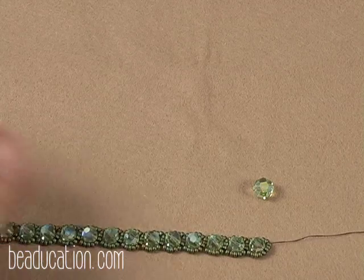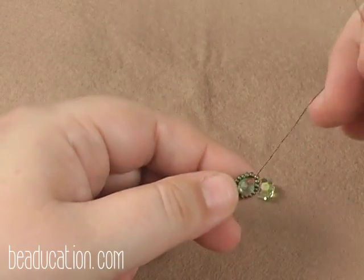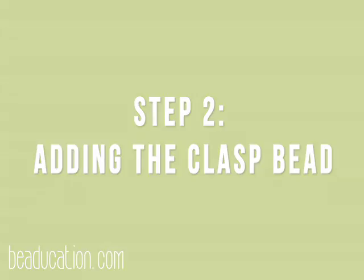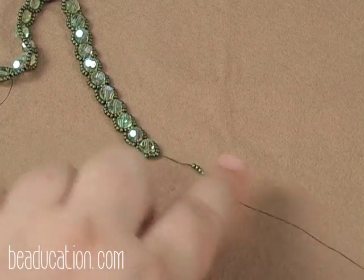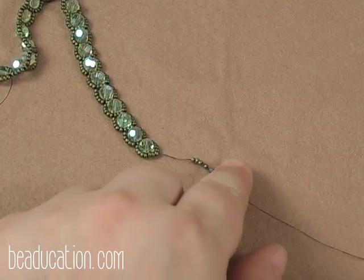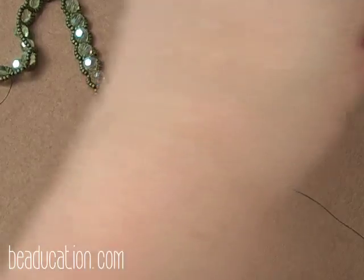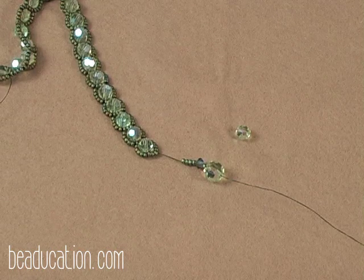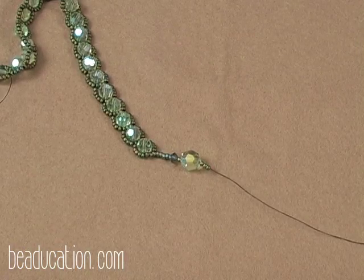Now we're going to go ahead and add our clasp bead, and we can do that right where we ended off with our daisy chain down the center. You're going to pick up for your clasp 4 seed beads. You'll need a bicone next, 1 seed bead. You're going to use an 8mm bead for your clasp. It's bigger than the 6mm beads that we were using for the center, which makes for a more secure clasp for you. And then lastly, we need 3 more seed beads,